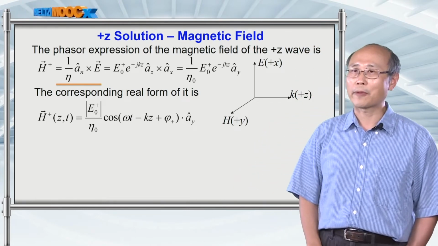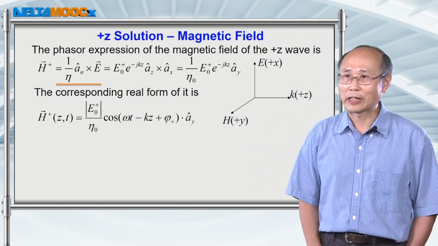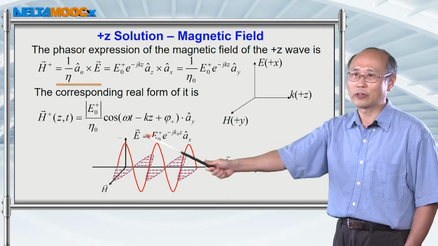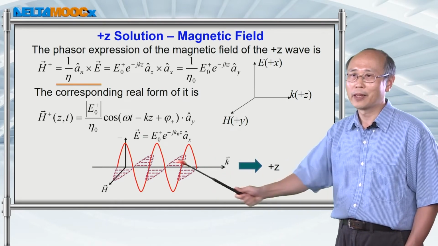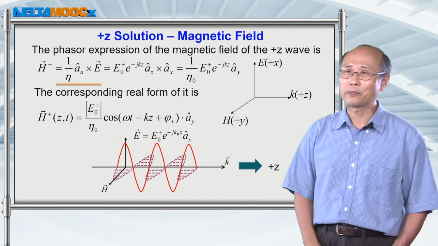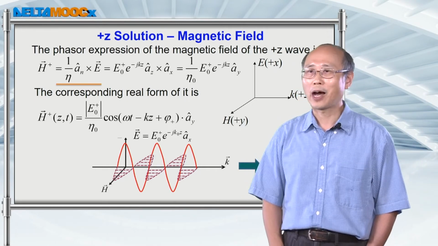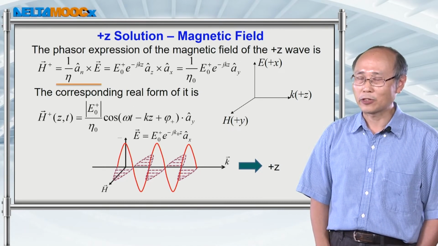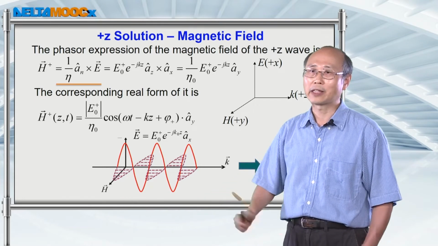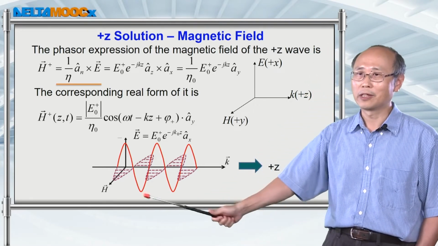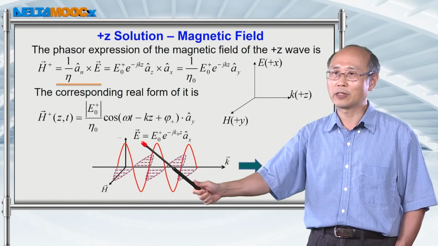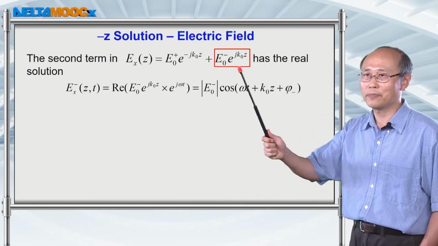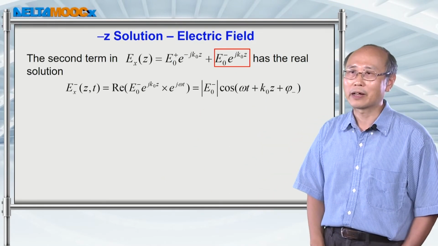So in general, you don't have to specify both directions of the electric field and magnetic field. As long as you know the direction of the electric field and also the propagation direction of the wavefront, then the magnetic field is already known. So when we talk about polarization, we talk about the direction of the electric field and also the direction of the propagation. We don't specify the direction of the magnetic field because it's already fixed if we fix this direction and also this direction.